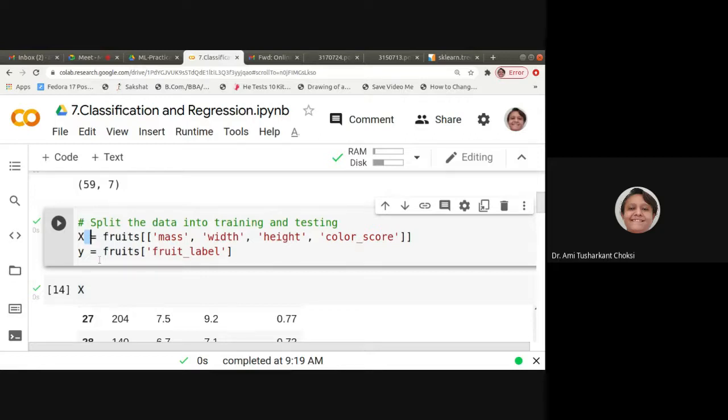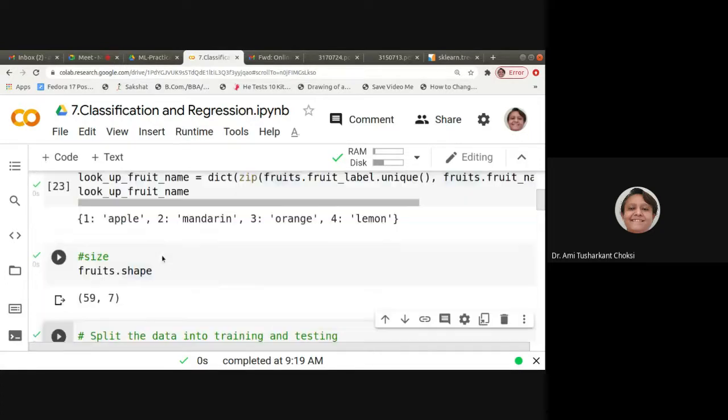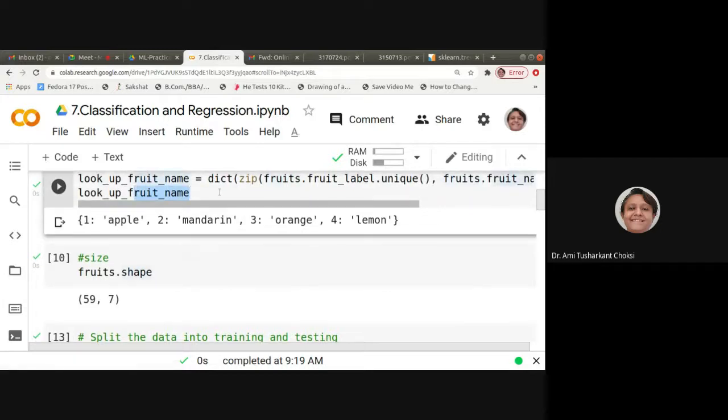And for y, we are having the fruits' fruit_label. Fine. We want to predict for y, that is the fruit label. Actually it is giving us the fruit label, but we want to have the name also. So we have considered this particular dictionary. It will be giving us this label.